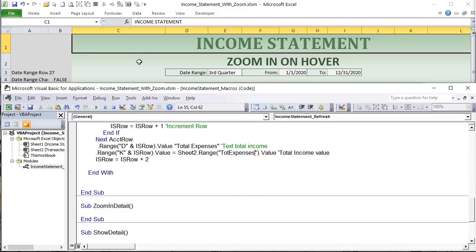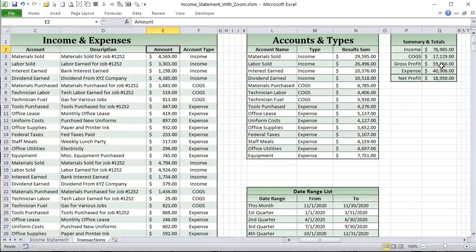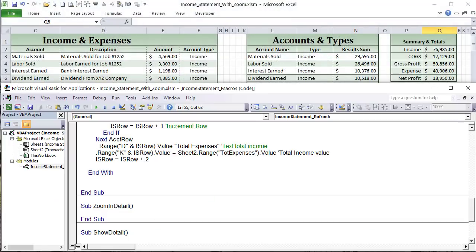Let me double check the name on that in the transactions. Go into our total expenses, called total expenses. Of course, you can always copy that just to make sure you're right. And then you want to go back into the code here and then just paste it in here to make sure you got that named range right, which is correct. Okay, so of course, that's total expenses. Now that we have the total expenses and we're ready to move on, so we can just actually increase it